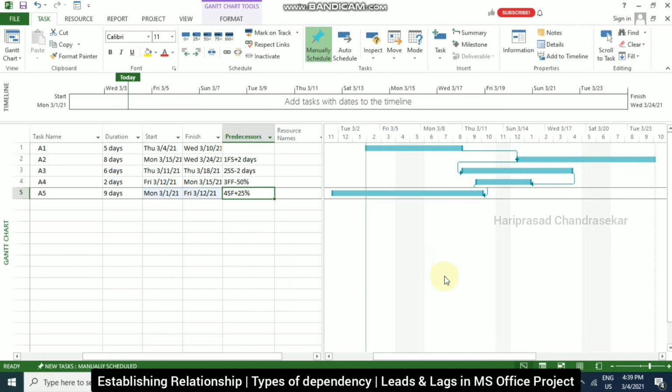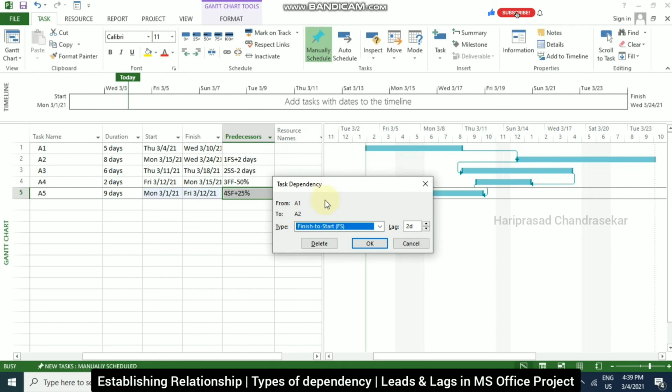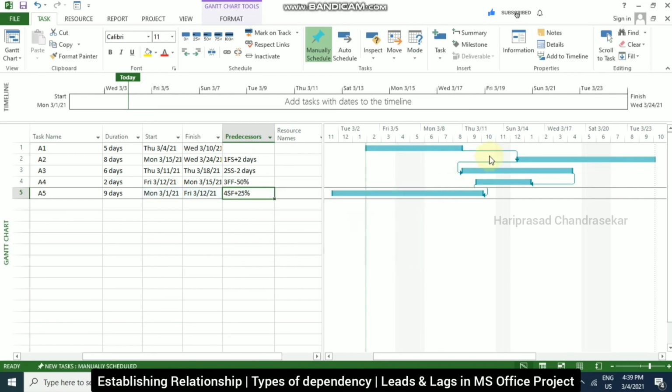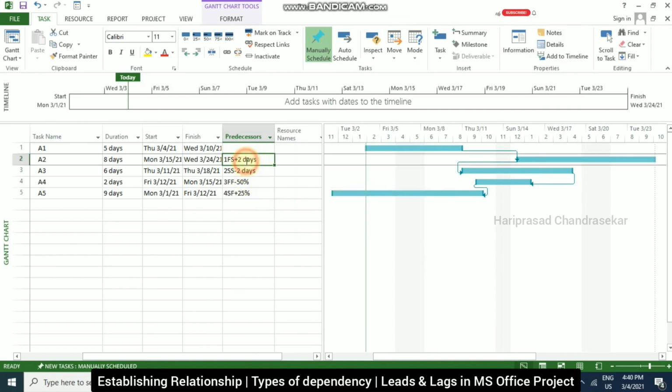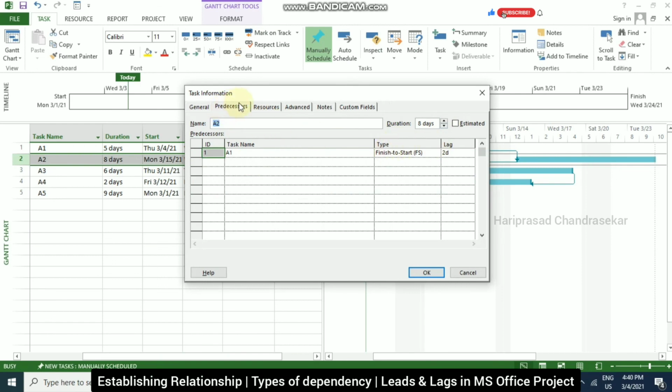We also have another option in the Gantt chart. Double click the relationship line. We get this dialog box where we can see from the task name, to the task name, the type of dependency for the relationship, and also the lag or lead time. For lead you need to put minus here. So just double click it and we can see the information, or we can directly put it through the keyboard, or double click here and input the values from this Task Information dialog box.